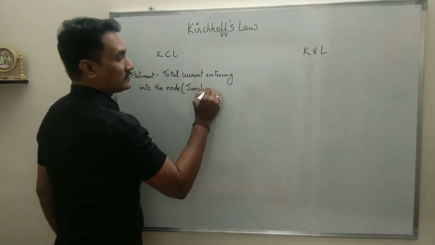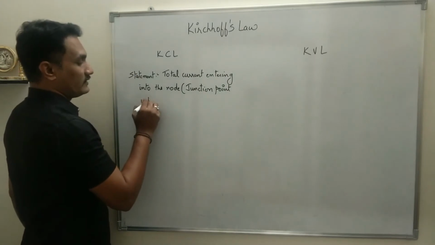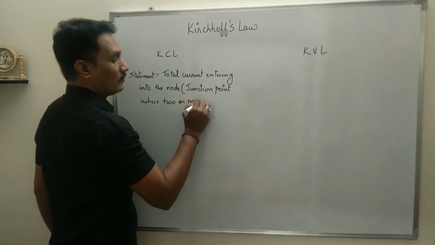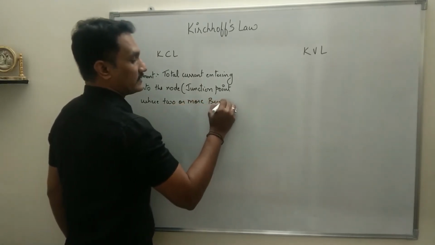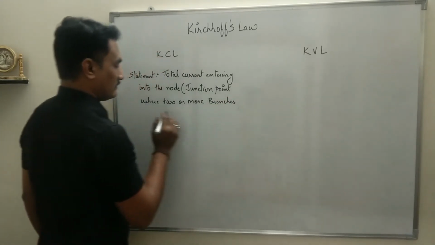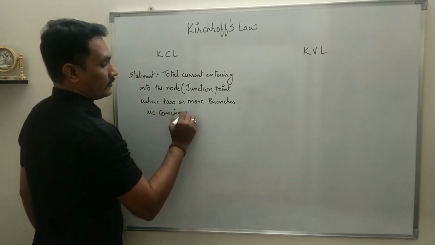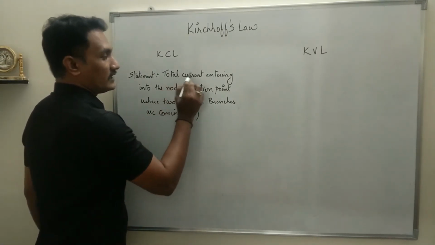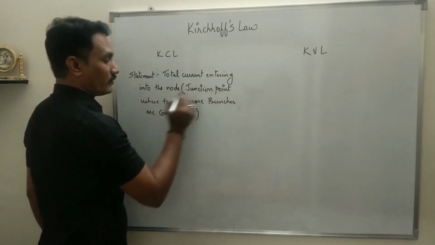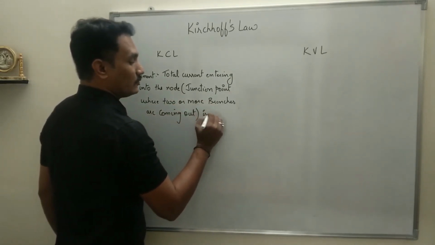Node means junction point where two or more branches are coming out. So what I said is total current entering into the node, the node being a junction point where two or more branches are coming out, is equal to